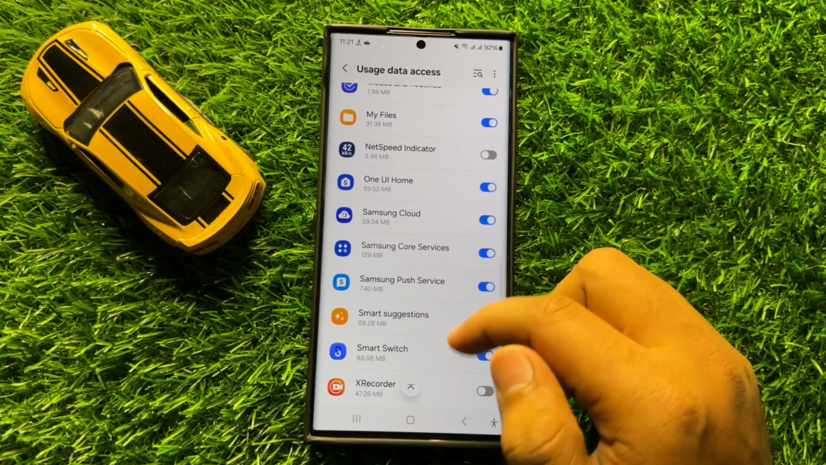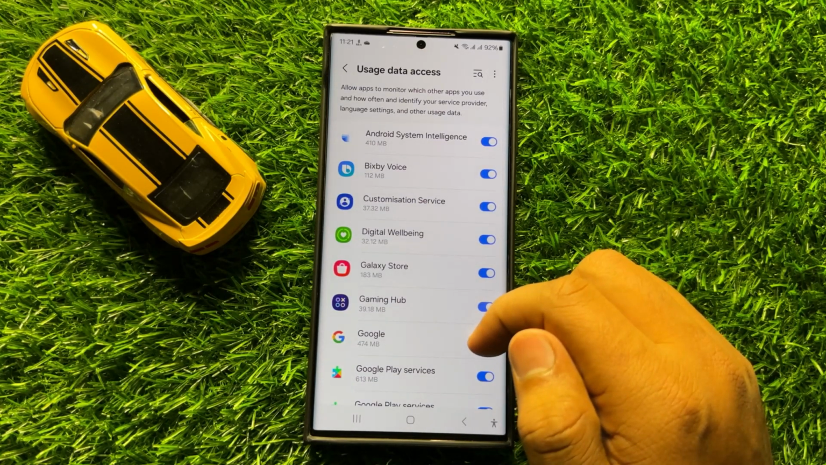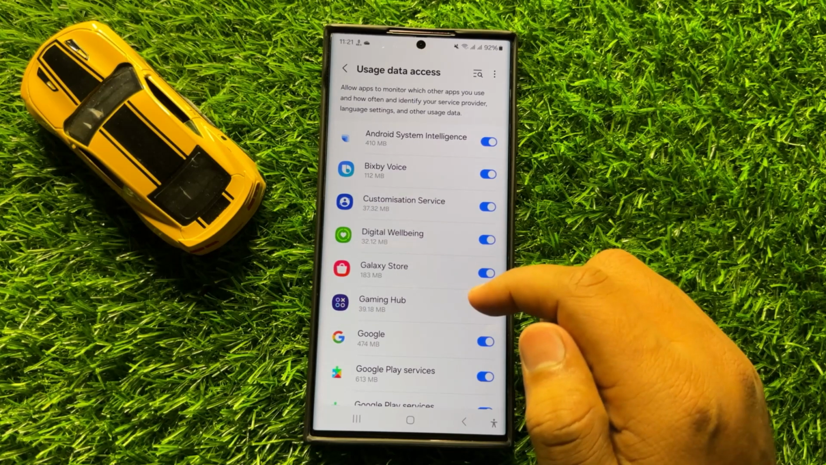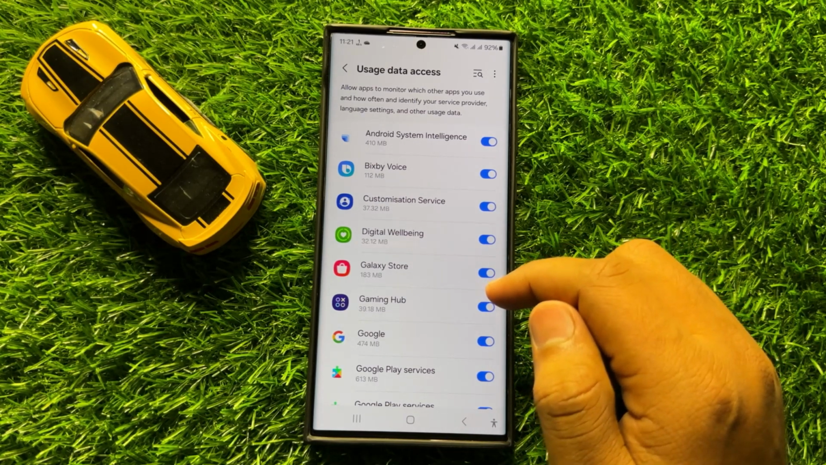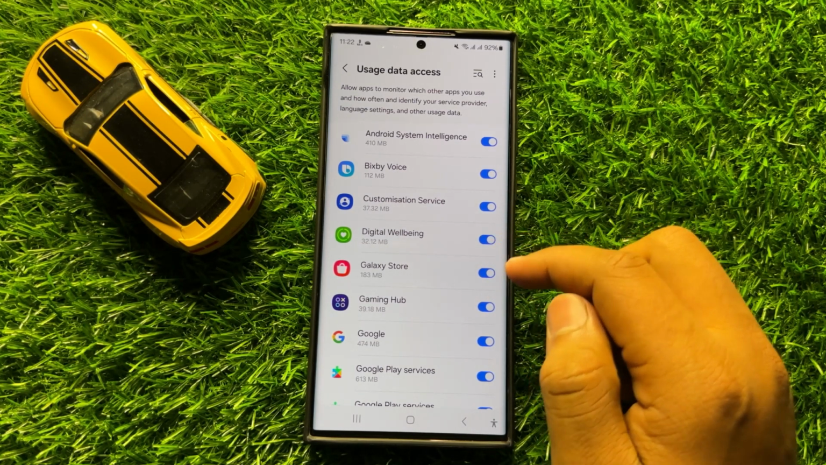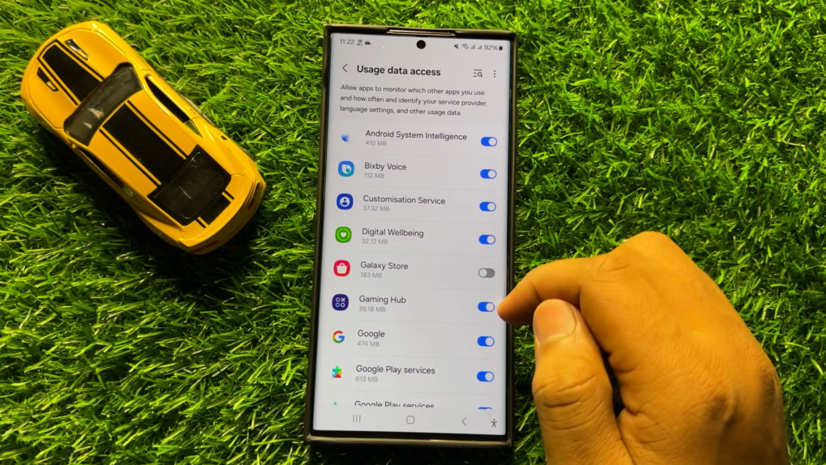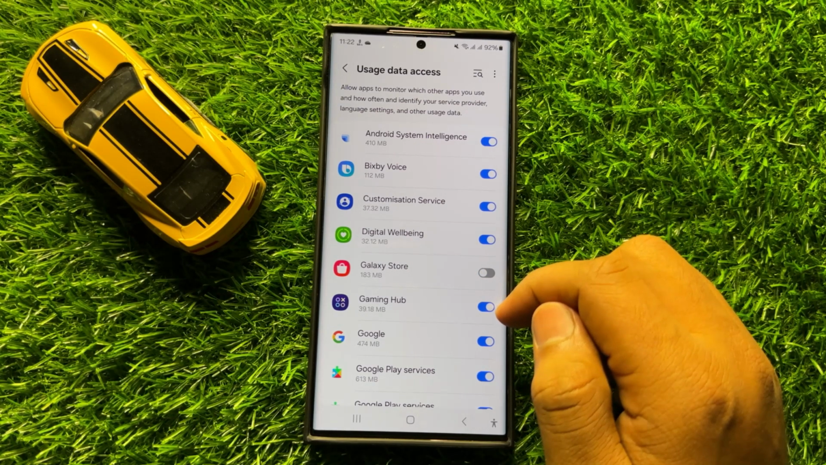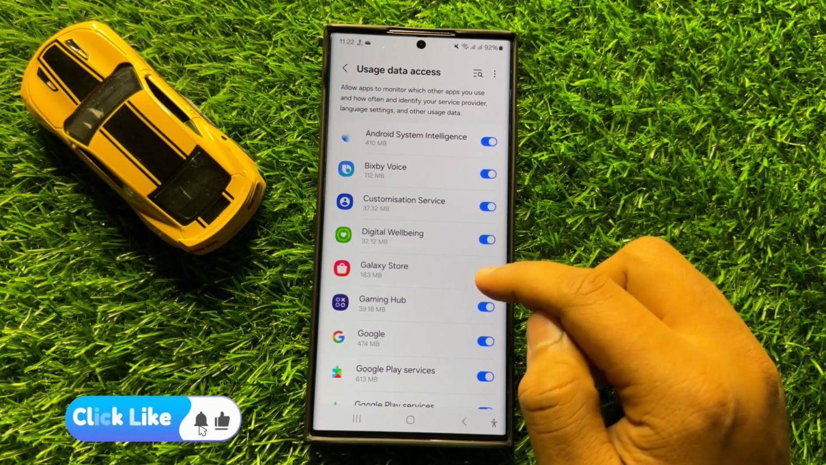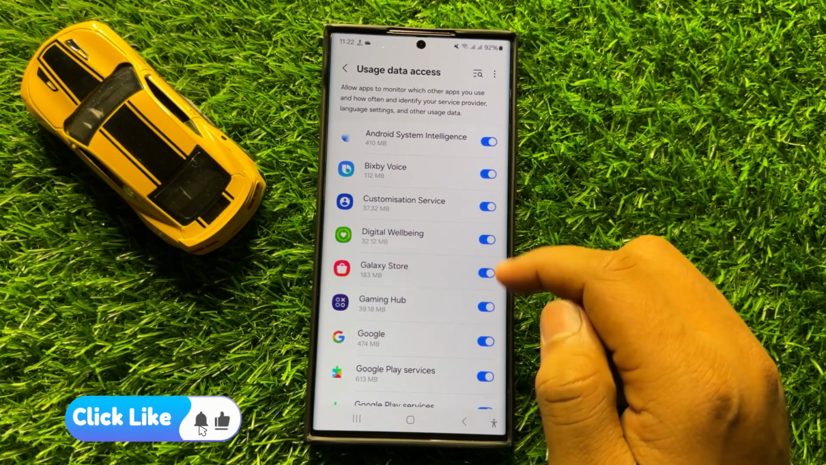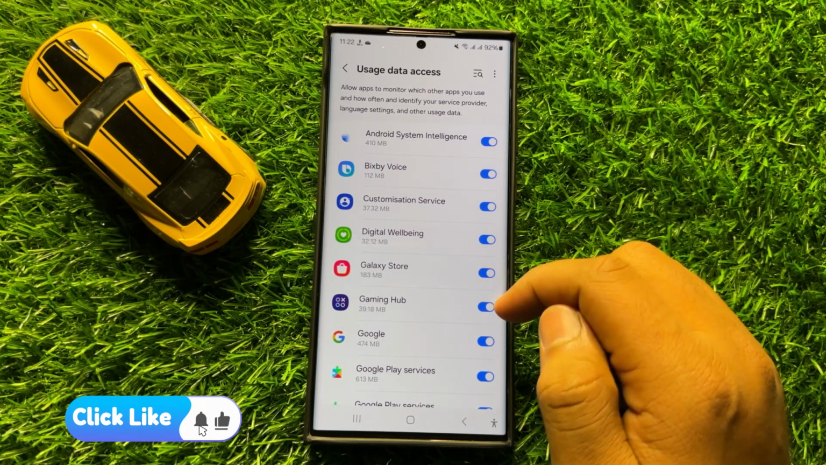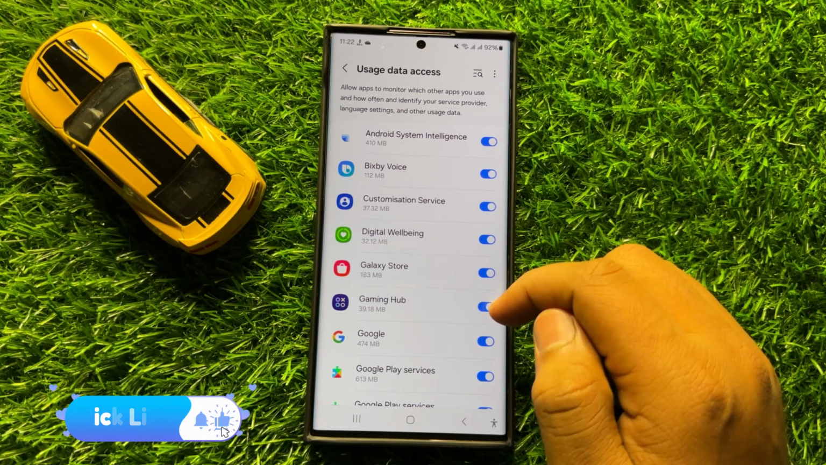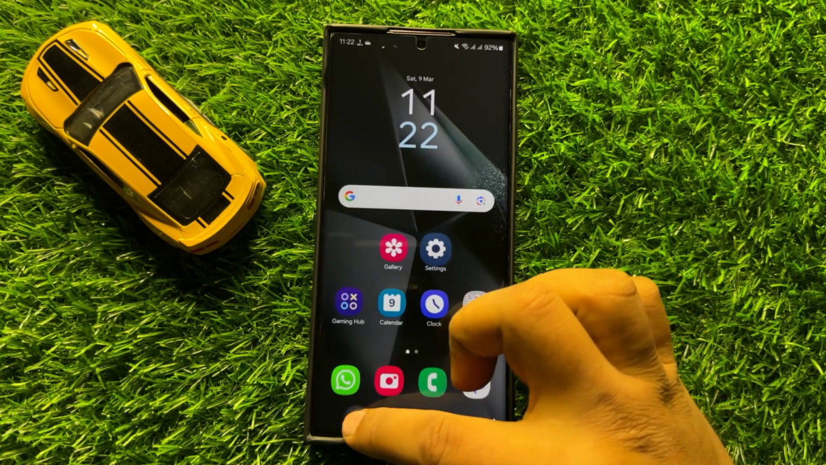Now here you will be able to view all the apps that can use the usage data access permissions. So if you want to deny the app to use the usage data access permissions, then turn off its button. And if you want to allow the app to use the usage data access permission, then tap on its button to turn it on. So with these buttons you can allow or don't allow usage data access permissions in Samsung